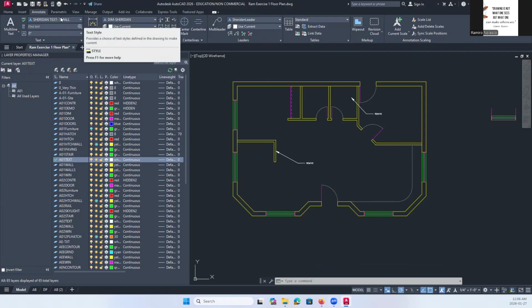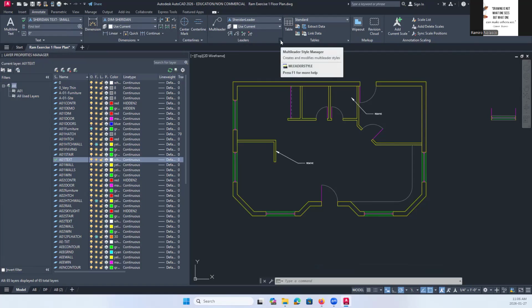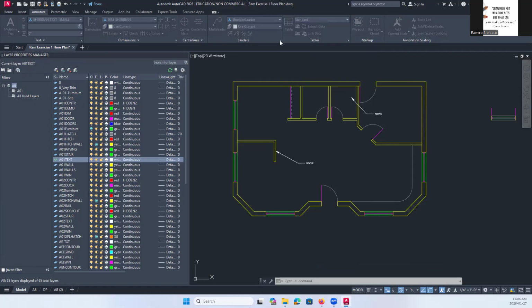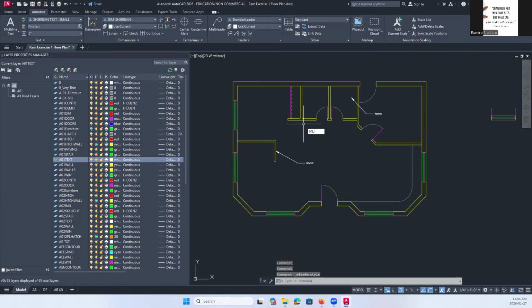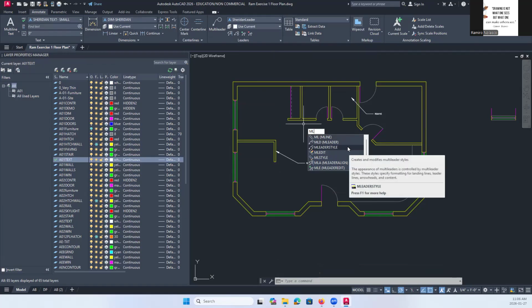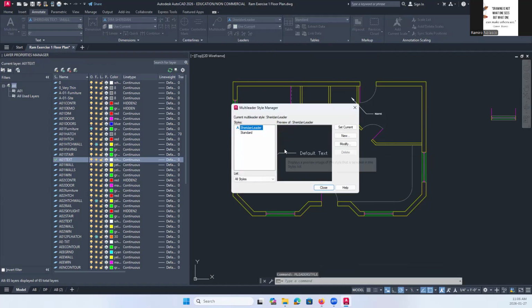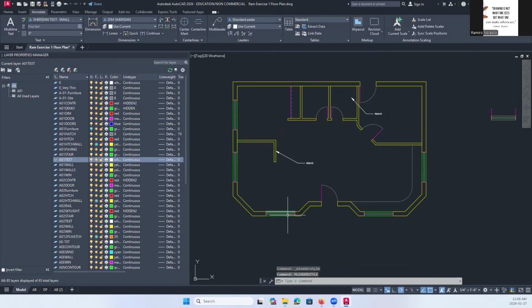See, this is for the text or the T command, text command. Now, to go to the leader style, you can also click here. That brings you to the leader style. But if you're like me, I always like and make a habit of typing the shortcut key. Okay? So that's how you add the leader style and then the leader.